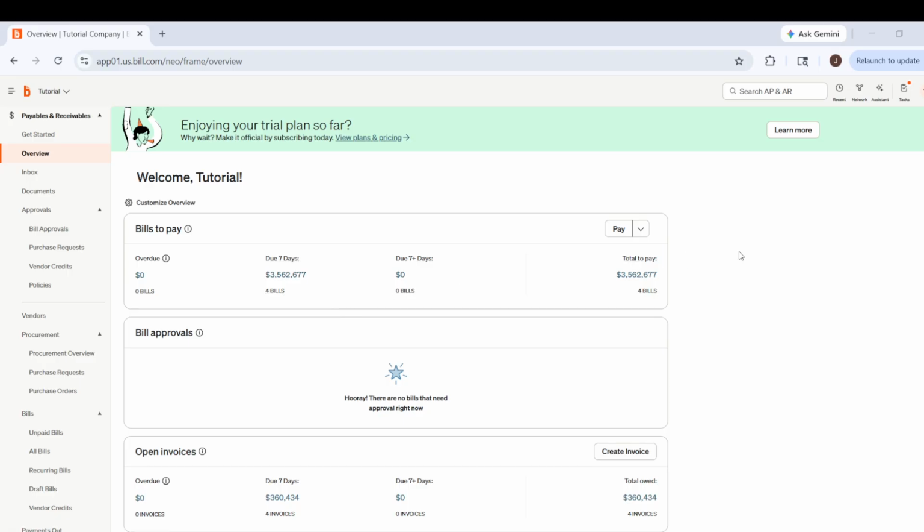First, log in to your Bill account. This is the starting point, so make sure you have access to the account you want to use for payments. Once you are logged in, you should land on your main dashboard or home screen. Take a moment to confirm you are in the right workspace, because the menus you see can vary depending on